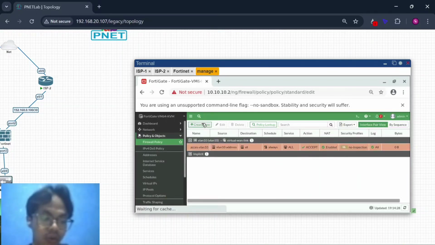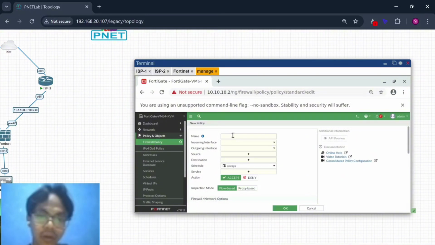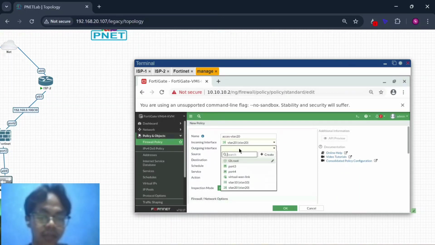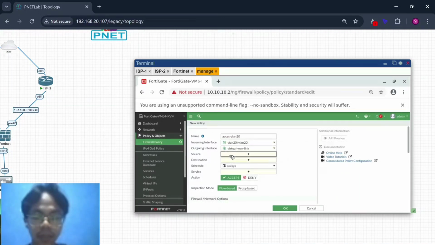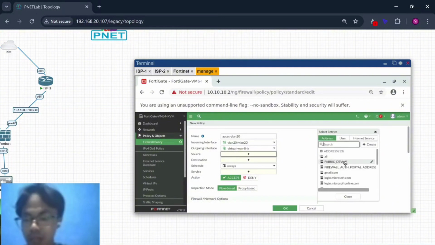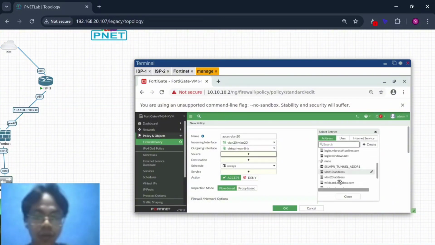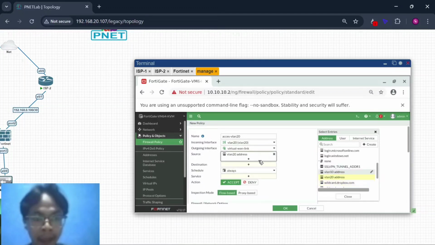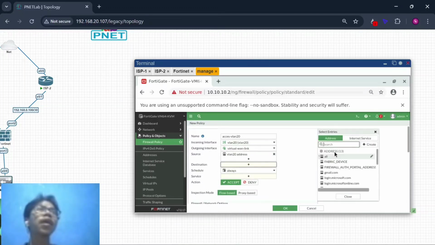So create one for VLAN 20, name access VLAN 20, incoming interface from VLAN 20, outgoing to virtual WAN link, and source from VLAN 20 address. This is okay. Destination all.